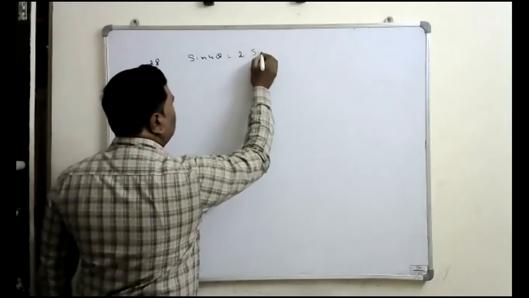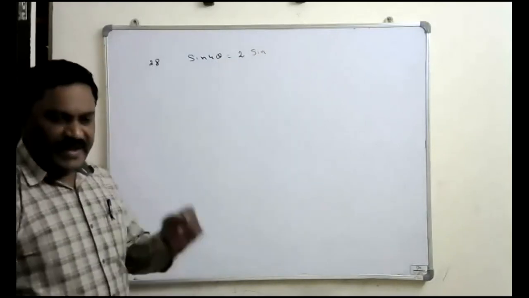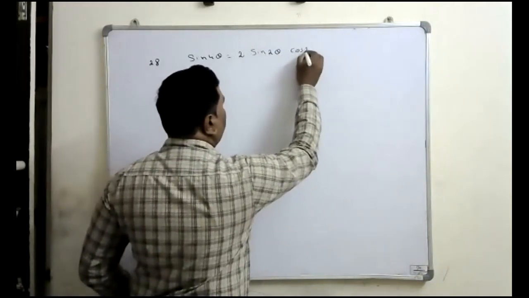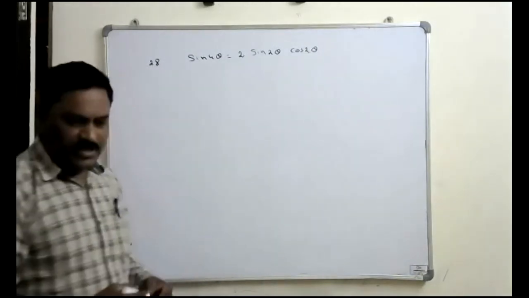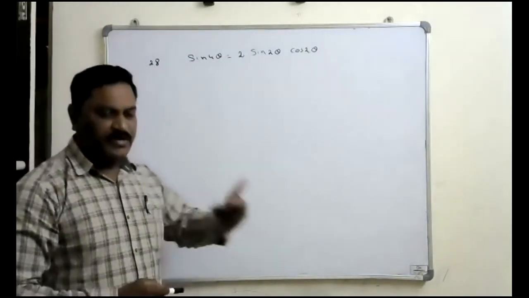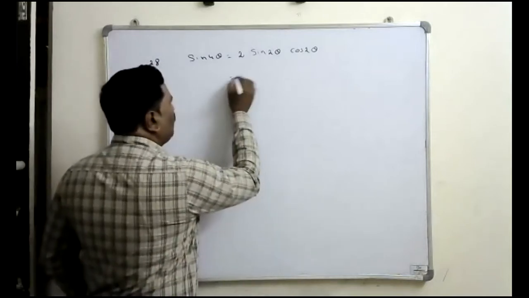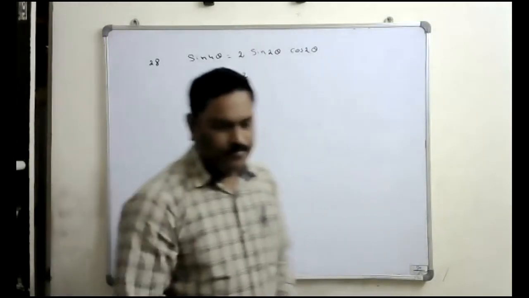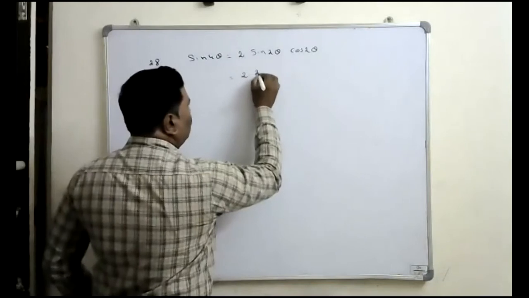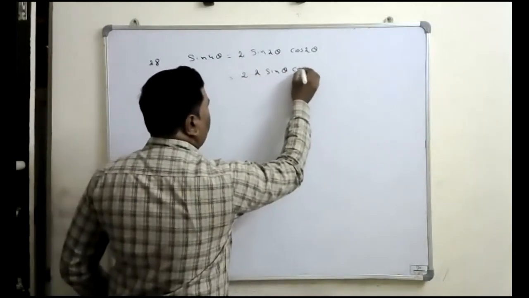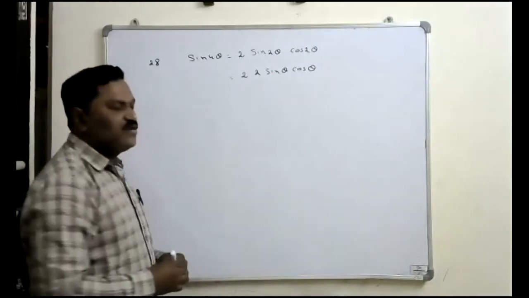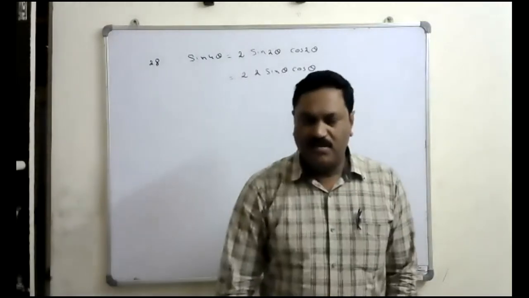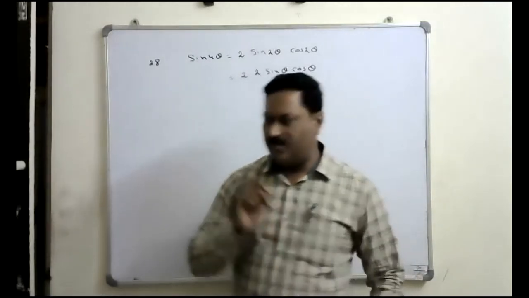2 sin, here 4 theta is there, make that angle a half. Sin 4 theta means 2 theta into cos 2 theta, we can write it. So sin 4 theta we can write as 2 into sin 2 theta cos 2 theta. Again, 2 into, tell me how to write sin 2 theta again? 2 sin theta cos theta, into again cos 2 theta. There is a cos 2 theta, we will write the formula in terms of the sine. What is the formula for cos 2 theta in terms of the sine?